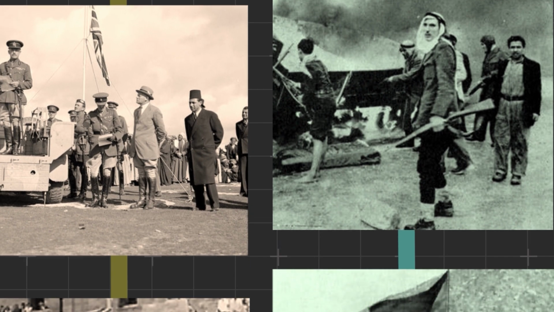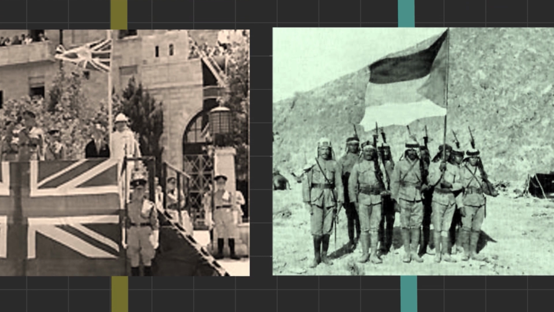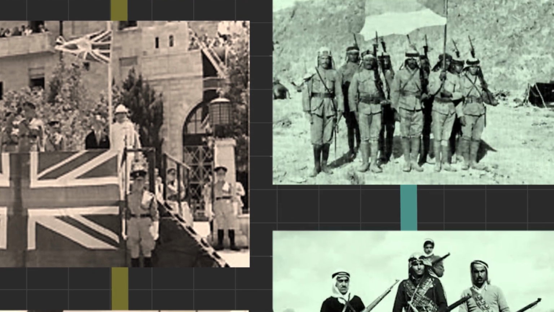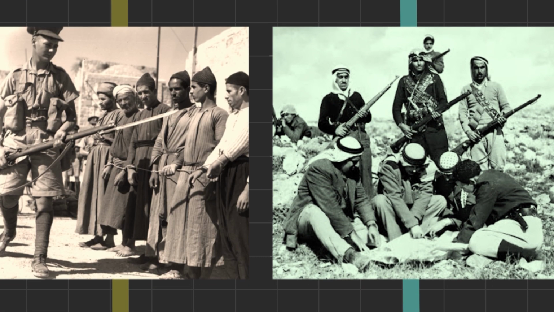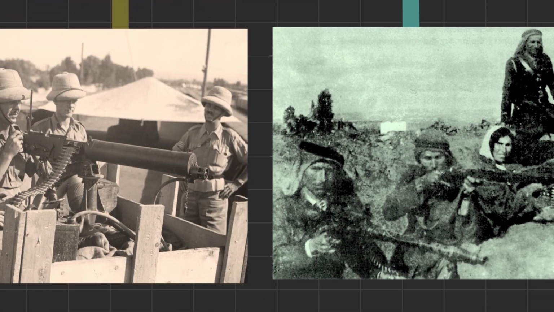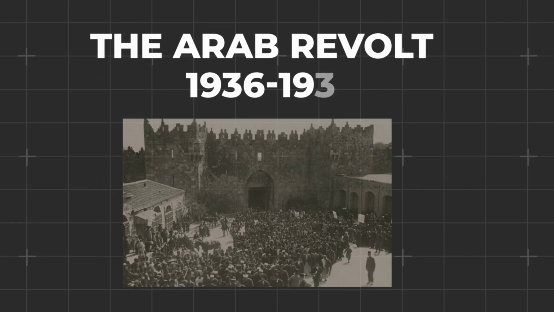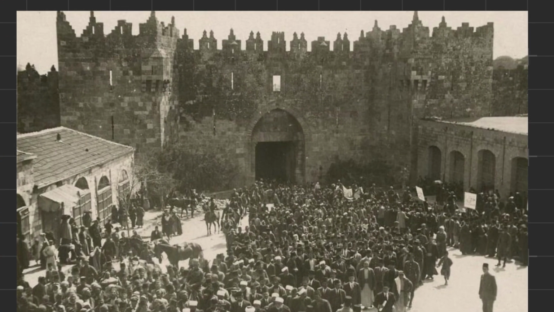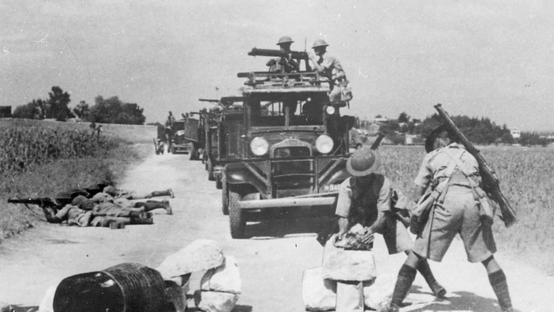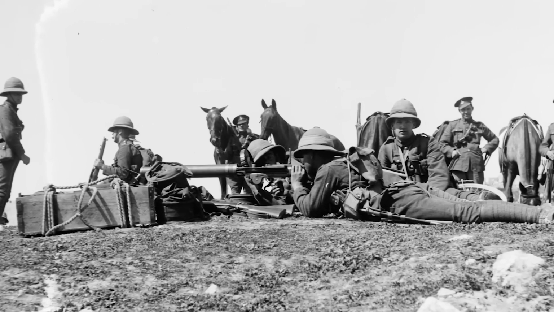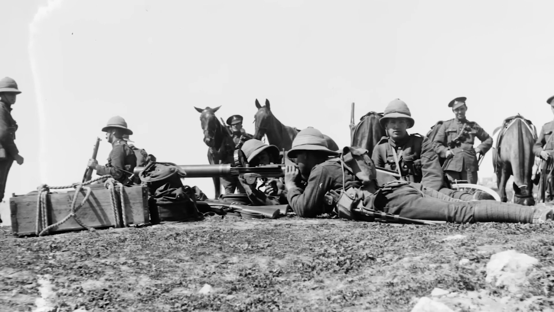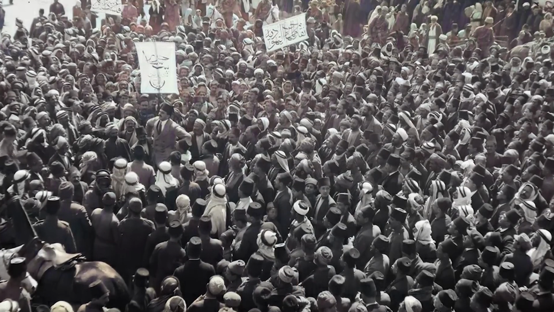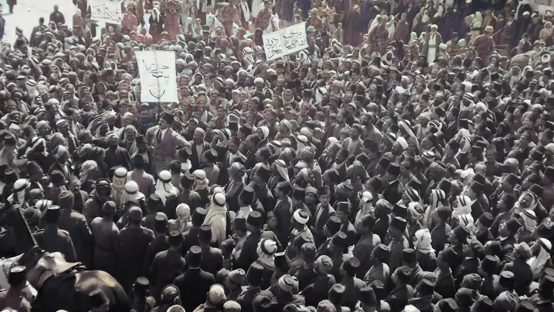By the 1930s, violent clashes became more frequent, setting the stage for a conflict that would soon engulf the entire region. The Arab Revolt of 1936 to 1939, a national uprising against British rule and Jewish immigration, marked one of the first large-scale conflicts in the region. It ended in severe repression by the British, but left deep scars, further dividing the Jewish and Arab communities.